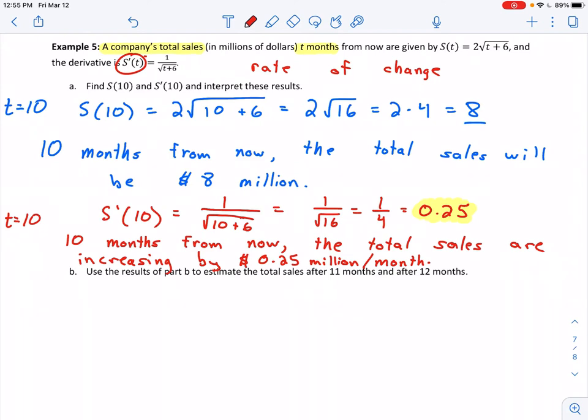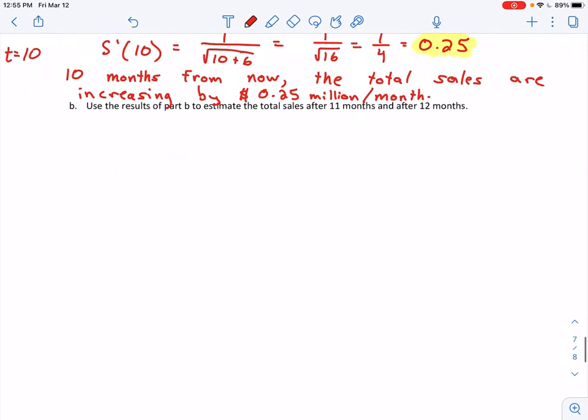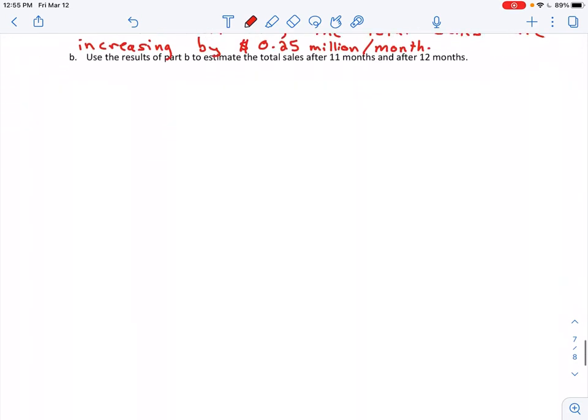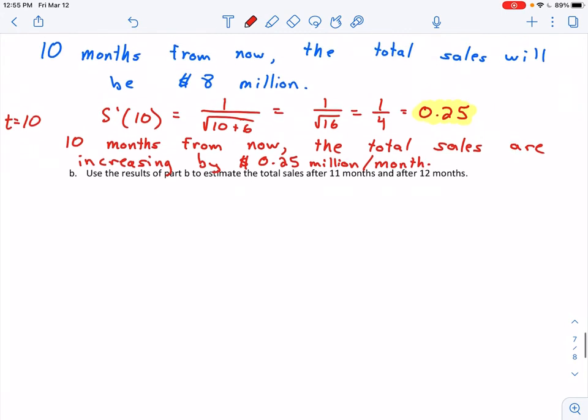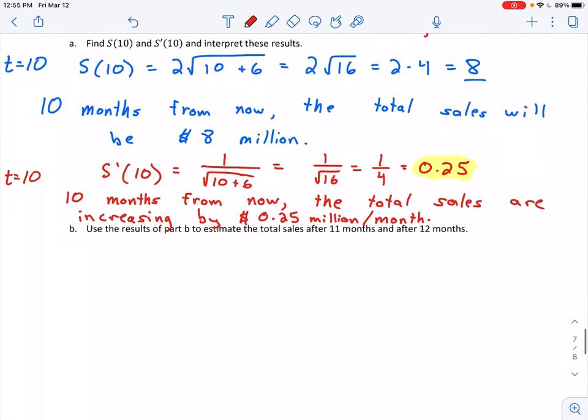So the original function simply tells us this is what the total sales are. The derivative tells us how those sales are either increasing or decreasing over time. Part B asks us to estimate the total sales after 11 and 12 months. So we want to use what we actually found in Part A to find the total sales after 11 months